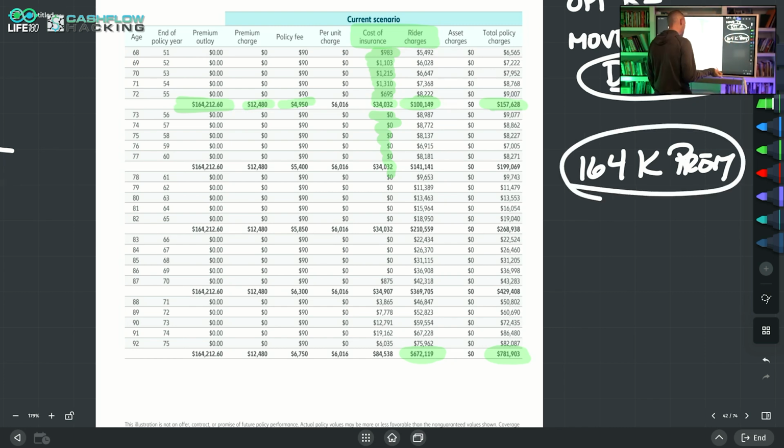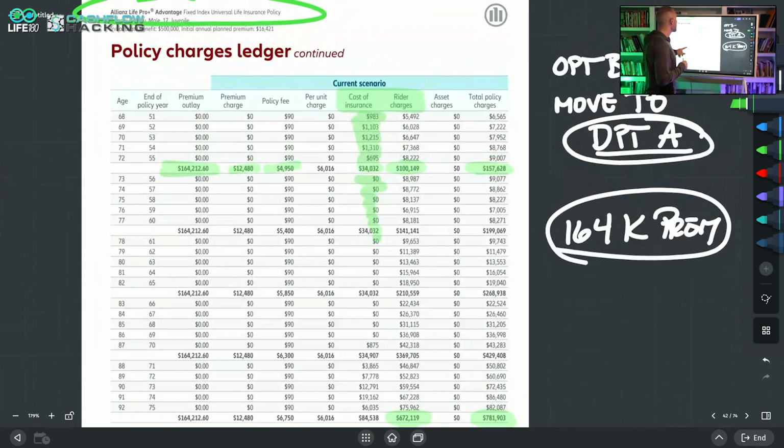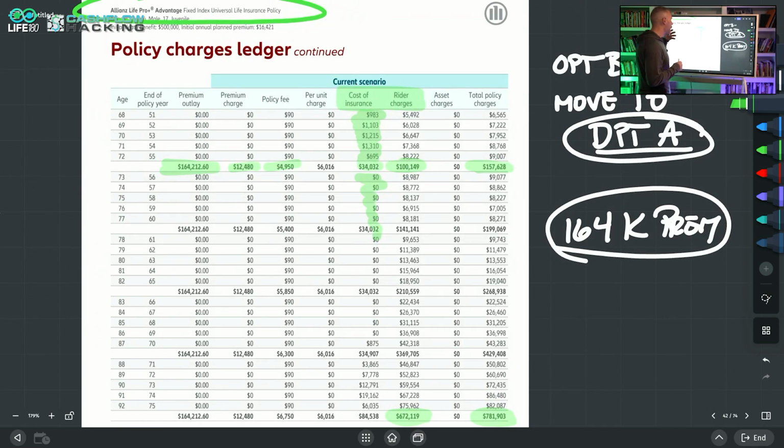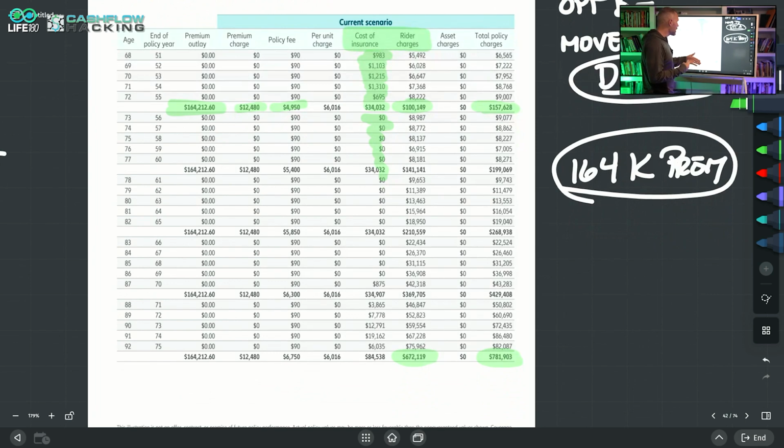So when people tell me that whole life is more expensive than IUL, nothing could be further from the truth. IUL is catastrophically expensive, and people just don't understand it. And it's not necessarily expensive when you're 30 and 40 and 50, but once you hit 65 and 70 and 80, when you're utilizing this for quote unquote tax-free income in retirement, and you're using this as an investment alternative, the way that agents are selling this, and you start leveraging this,